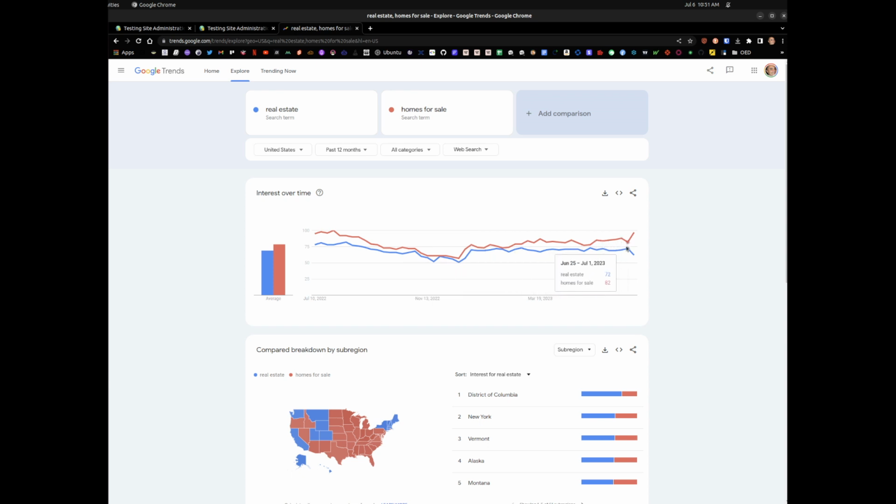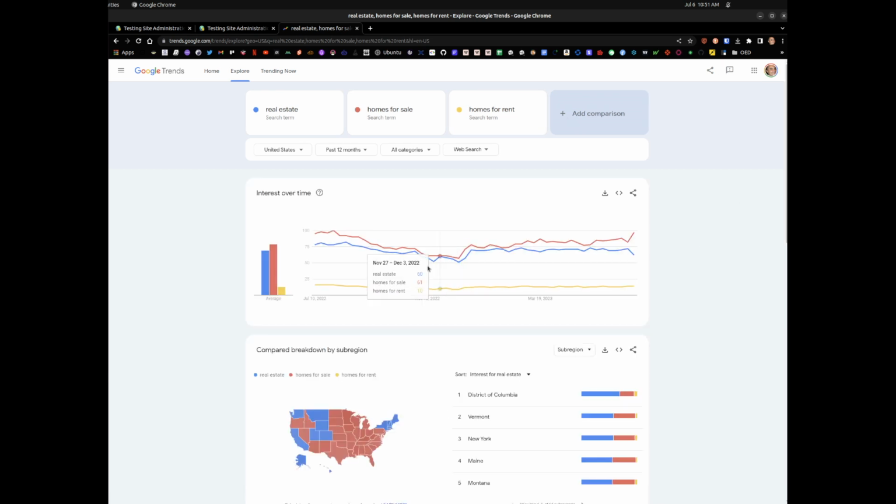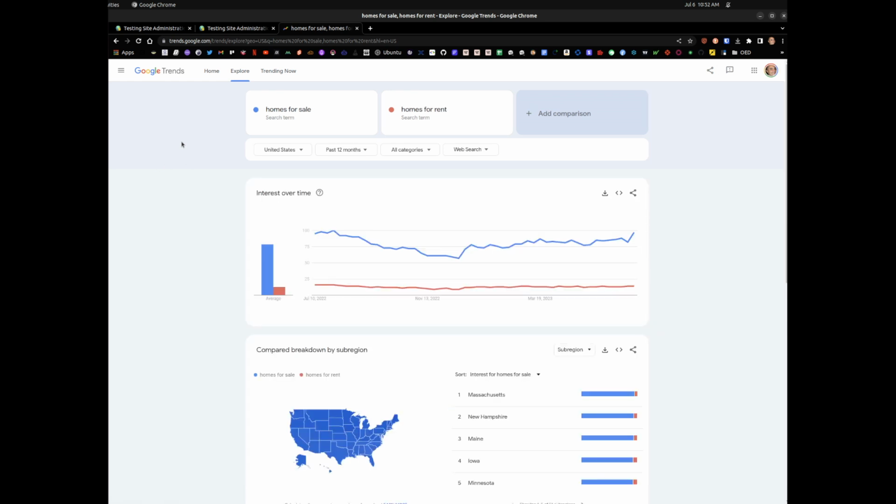It's not appropriate to use a specific keyword when the drop is, we're talking 5 times, 3 times, 4 times, 10 times bigger, like that homes real estate agent that we were talking about. Homes for rent, for example, maybe your site deals in both, and you want to do that. Let me remove real estate so we can analyze both, and compare homes for sale to homes for rent.